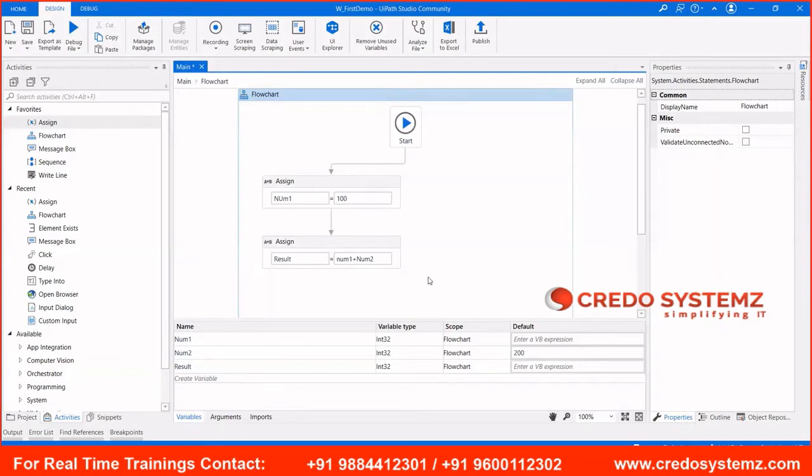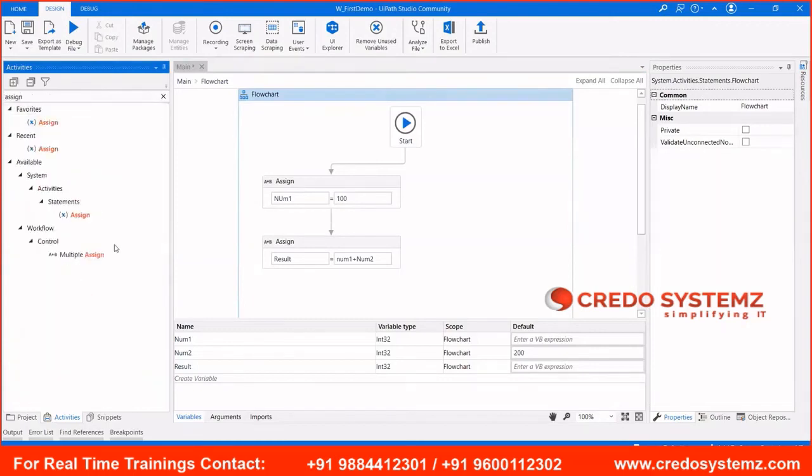Okay, which is freeing out your spaces, right? So usually this is what will be happening. Now here, this is your assign statement. So similarly, you have something called a multi-assign. A multi-assign is nothing but,